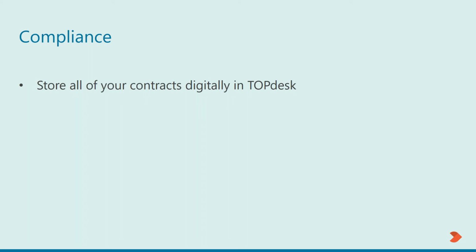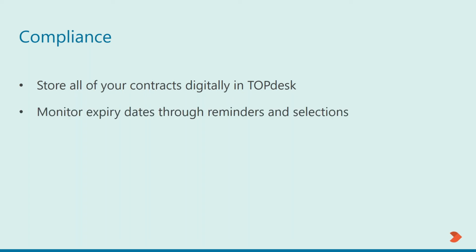For example, once you've got your contracts in place, you might actually want to store them with expiry dates. It's easy to set up reminder alerts then using the inbuilt events and actions tool. So this allows for reminders to be sent out to the relevant people that can then review and possibly renew contracts that are due to expire. For example, we could have an email that's sent out to the contract manager a month before a contract's due to expire, or even more time if necessary,